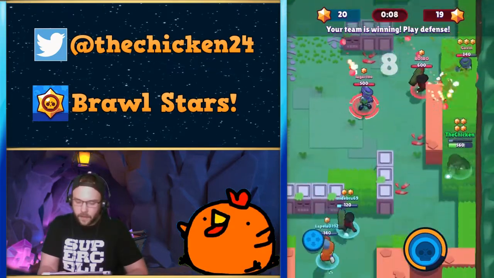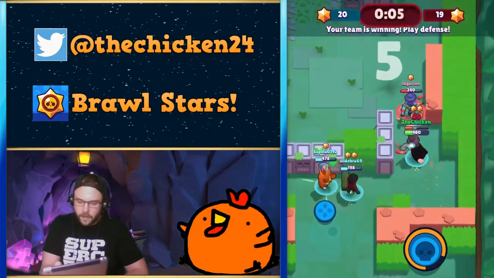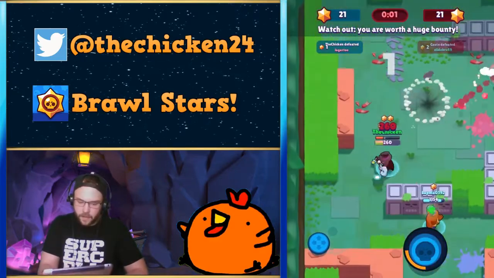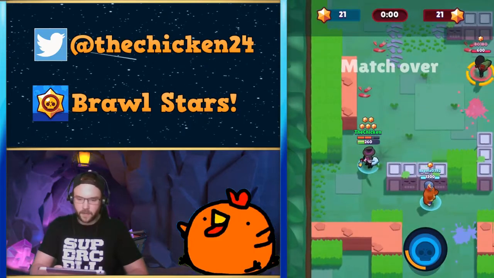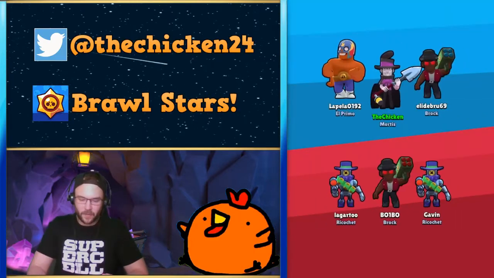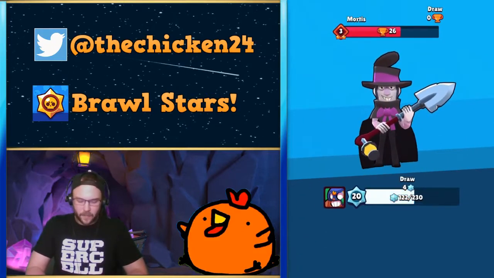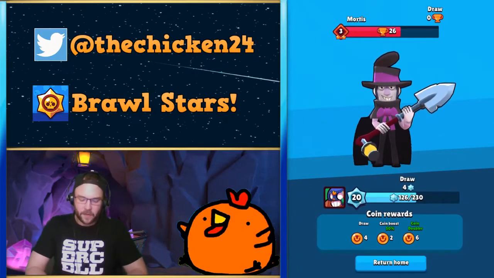Okay, we gotta get out of there, Chicken, get out of there. Okay, we'll get the special going on that, and alright, so the game's actually tied right now. So it was a draw, I guess. There's no overtime or anything, so that kind of sucked, but yeah, Bounty is one of Mortis's better events, in